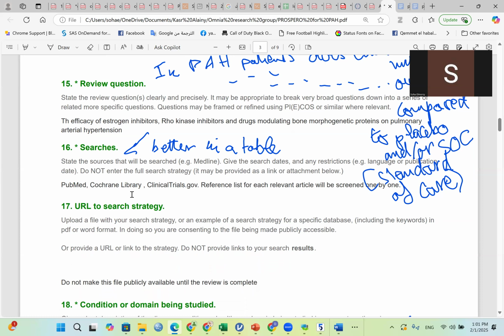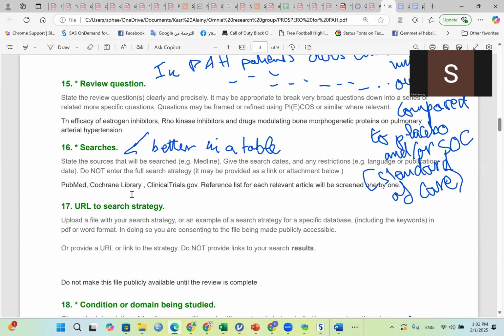You start off, of course, by the electronic bibliographic databases like PubMed, like Cochrane Library, let's say the Scopus, like the Embase, like the Web of Science. Try to put as many databases as you can, but make sure you truly have access to these databases because you need to stick to your protocol.